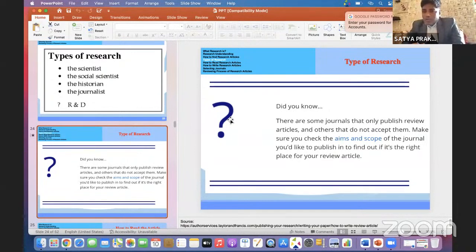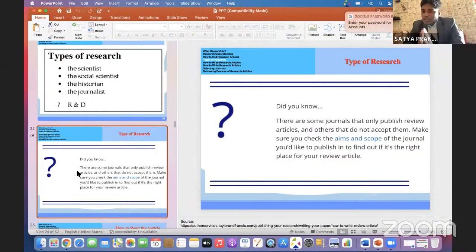You can ask the conference session chair or convener whether you could submit a review article in their conference, whether it is an IEEE conference or a Springer conference. If the conference is from a good publisher, has a good impact factor or good indexing, they will clearly deny it and say no, we will not accept that. They only want an implemented portion in your article, in your manuscript.